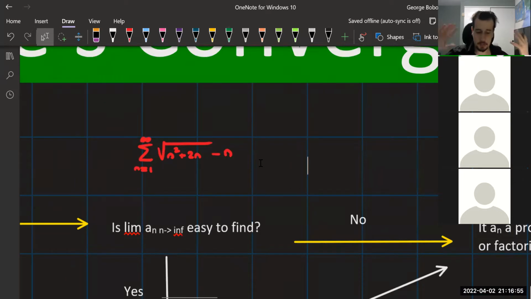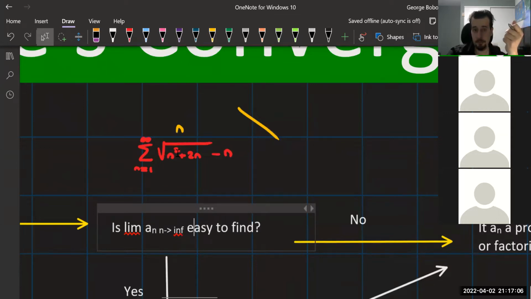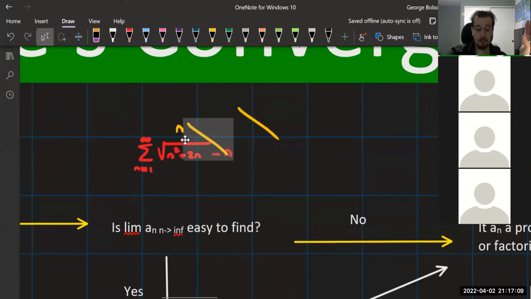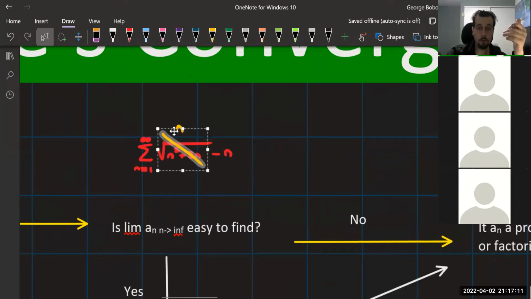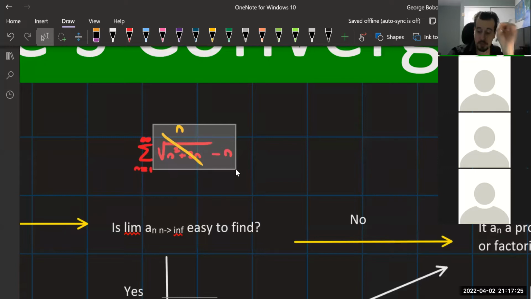Why is George having tingles? Because the largest power inside that square root is n right now. If you think about it, if you square root the n squared, you get n. That's the largest power that you have over here on this part of the equation. And then you have another negative n. You might say that should give you 0. Not quite. It should give you a finite number. Maybe it's 0, but I'm telling you, this is going to be a finite number. It's not going to be infinity.